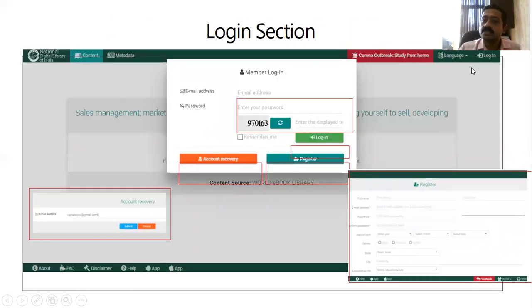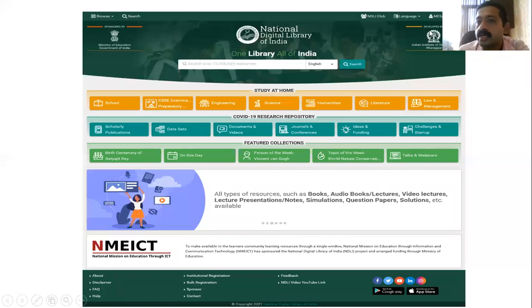Now, this login option here, if you click on login here, you type your mail ID and password and captcha, then enter it. Remember that if you forget the password, always use this account recovery option. But I remind you, always remember the password. And better if you use the Gmail ID password. Okay. The login option. Here you can see the account recovery option is there, in case you forget that, right? Next, when I tried login, you can see here your login name will be there. Then this is the interface. Your login name will be there, and you can search the materials over here.